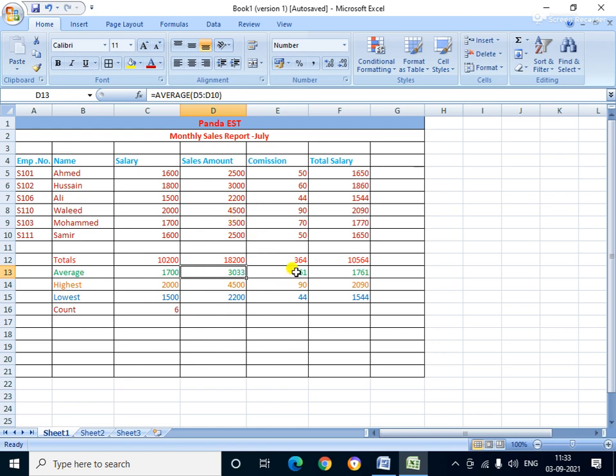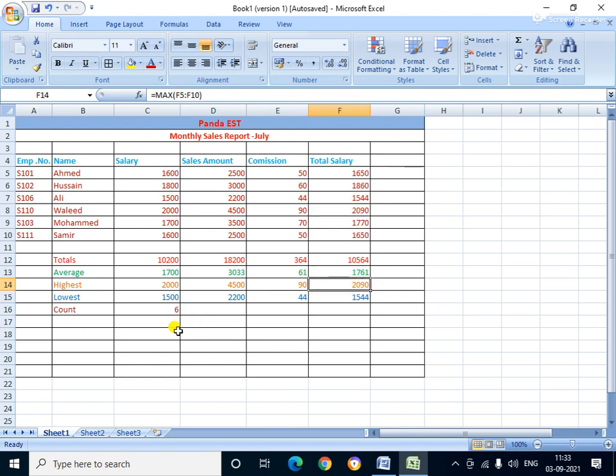And here also the maximum number is between 50, 60, 44, 90, 70, 50, means the maximum commission is 60, and this is the total one. Average it is. And the highest, you see the highest is this one, so it is visible, and here is the highest.